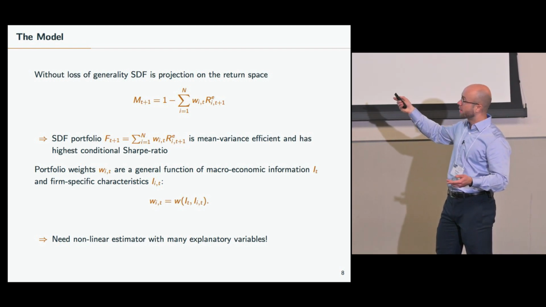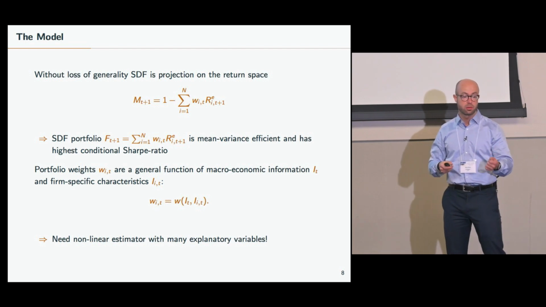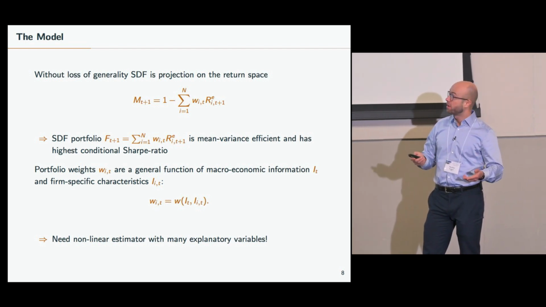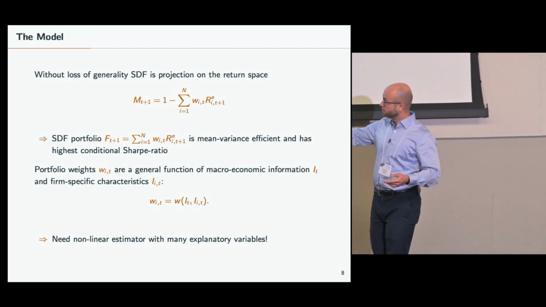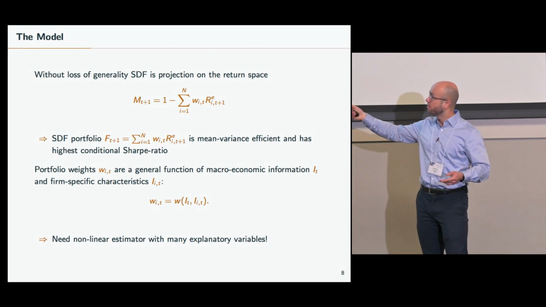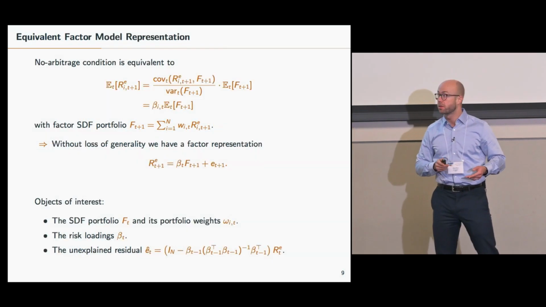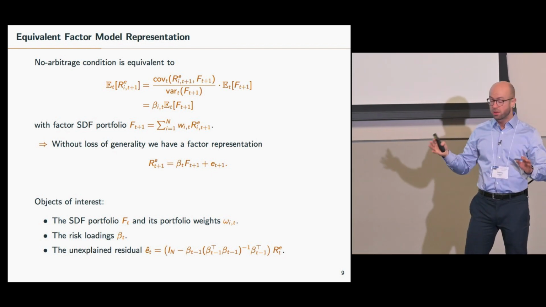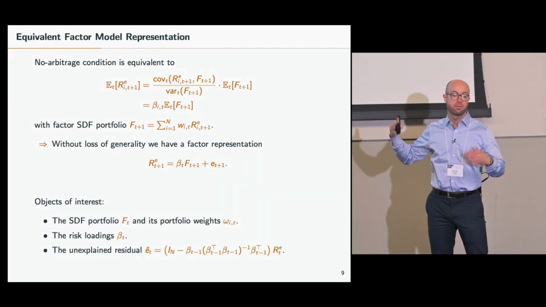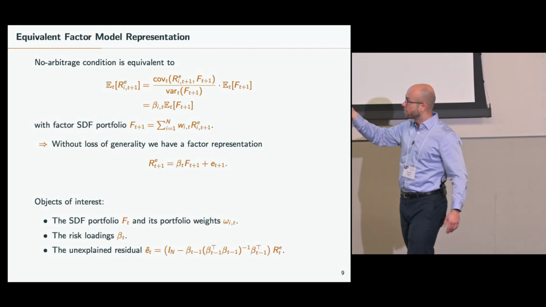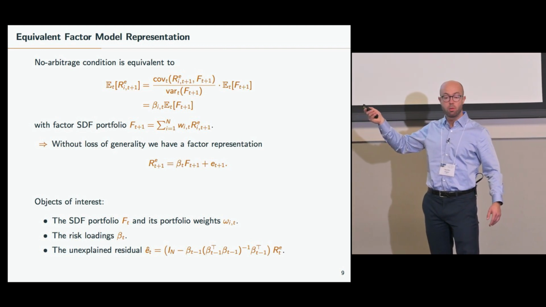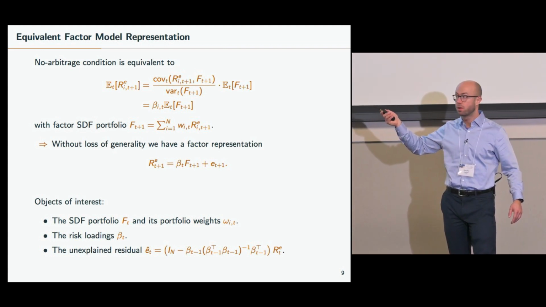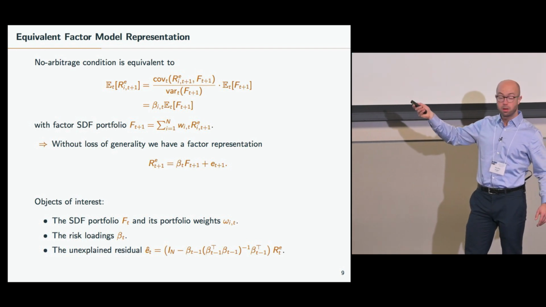And I will look at macroeconomic time series like unemployment rate, inflation rates, interest rates, etc. And we want to model the SDF weight of each stock as a function of this information set. Now, we all know that a no arbitrage condition can also be reformulated as a factor model. So without loss of generality, we can also consider a one-factor model where excess returns are explained by exposure, loadings